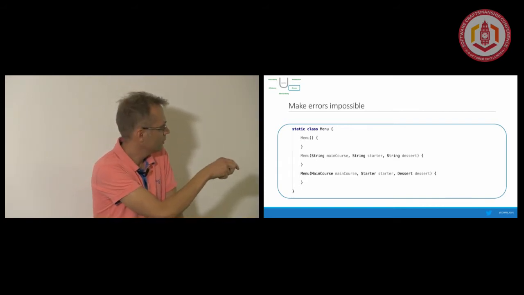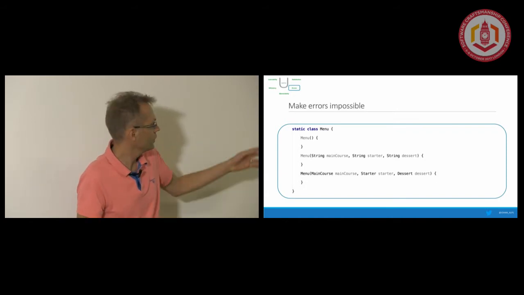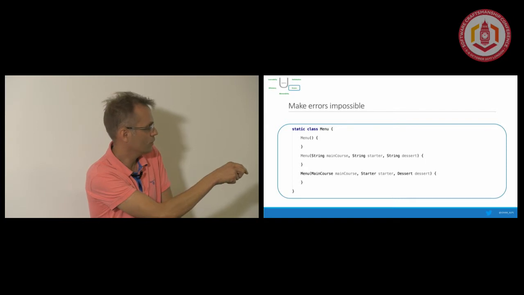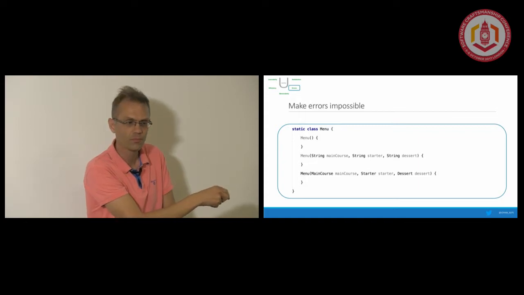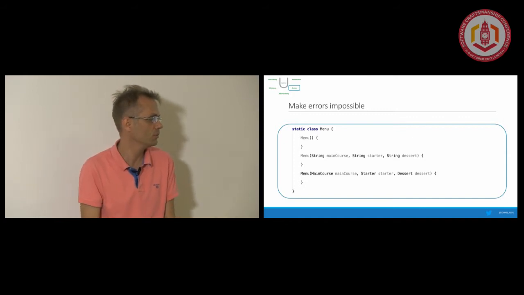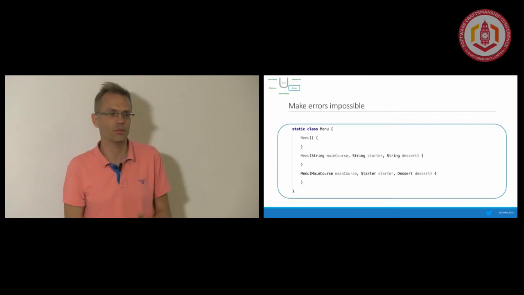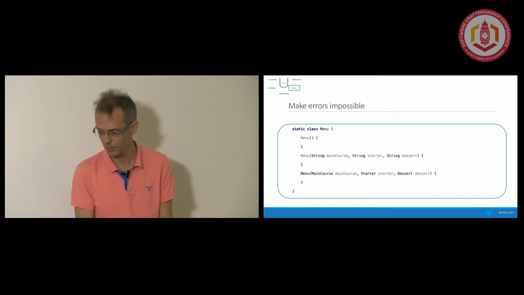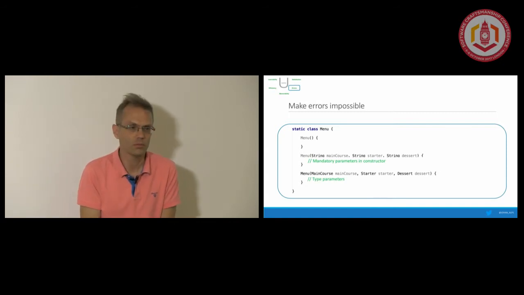But there's still a source of error here, because you can easily, like, you see, main course is the fourth argument, so maybe it's likely that someone is going to pass starter as the first argument. And then you can move into a design decision where you type the parameters and you make that error impossible. So typically statically typed languages are very good for that, making errors impossible. So then these are, I think, generally good practices.